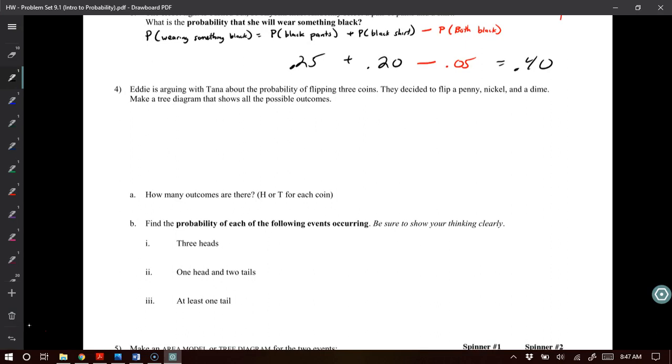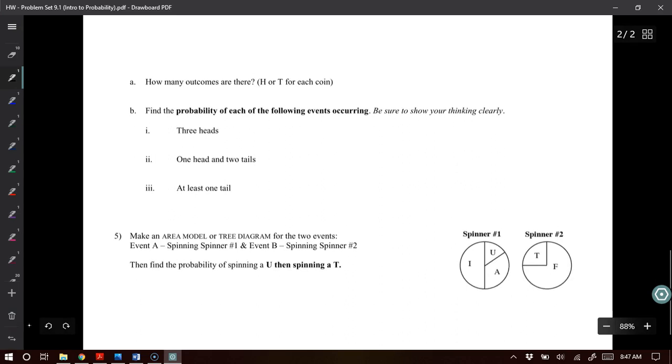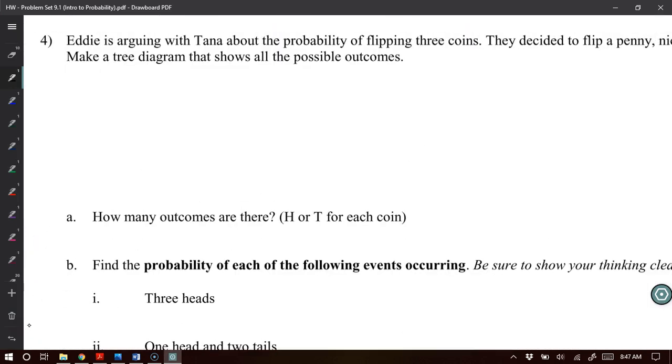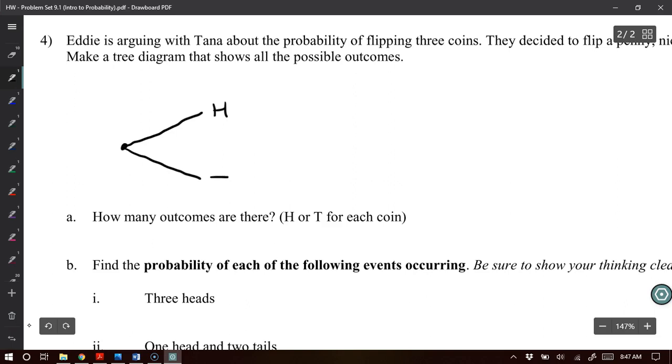Now, what is nicer on this, and I'm going to get you started with at least the tree diagram before, and you can figure it out for parts A and B, is I would make an outcome table for it. I would say, so flipping a penny, a nickel, and a dime. And I'm going to try and make sure I have enough room. So here it is right here. We'll make that one penny. So I have a heads when I flip a penny, or I have a tails. So that is the first